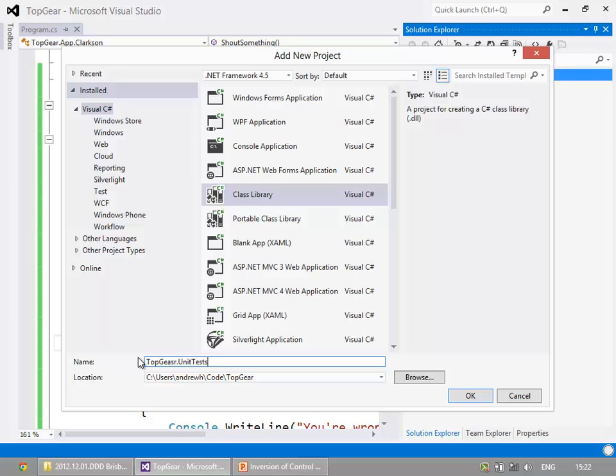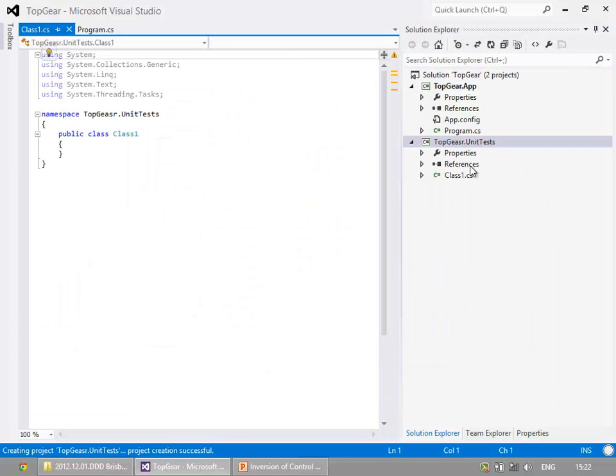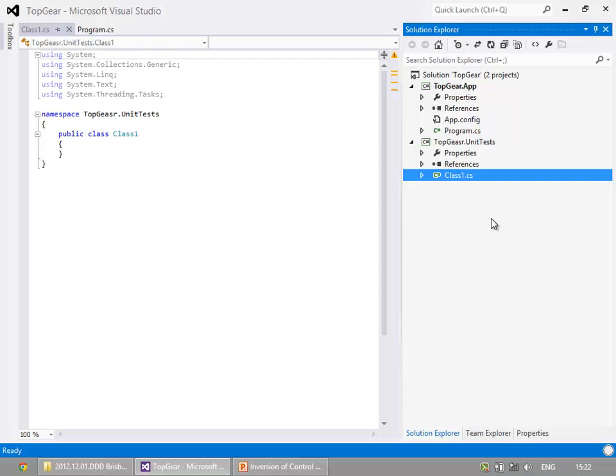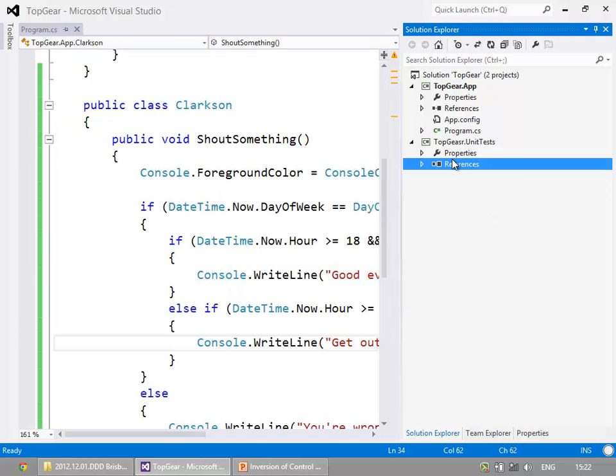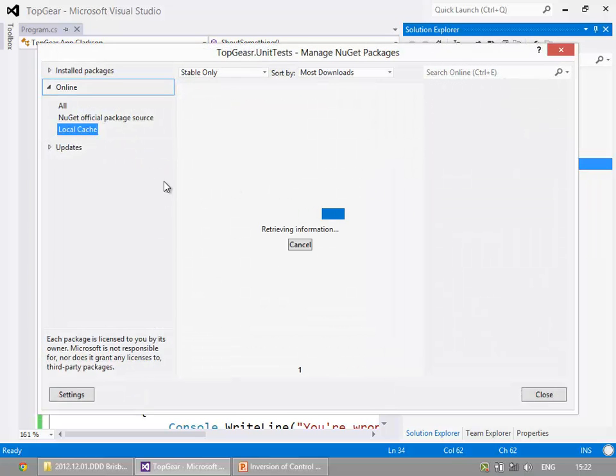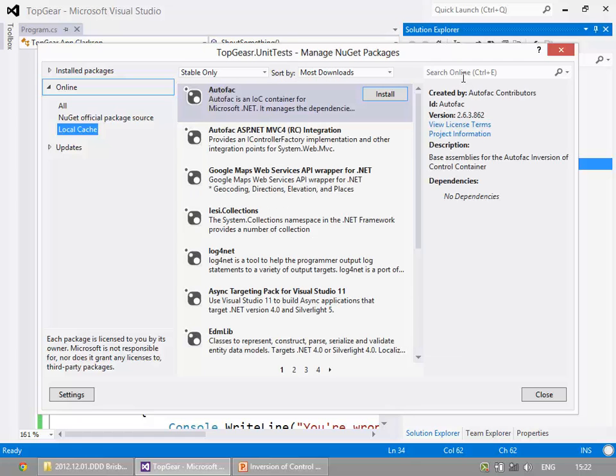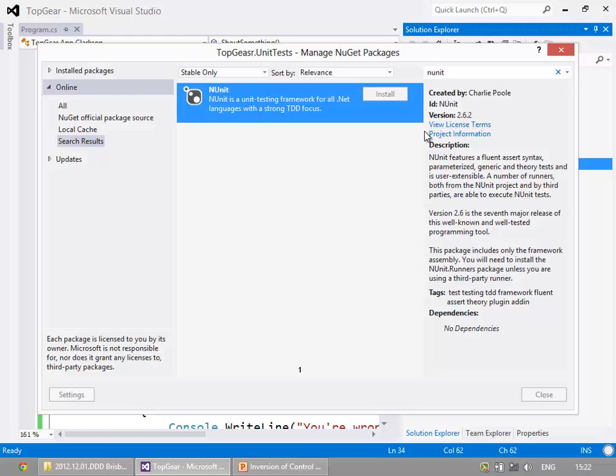That'll do. Boring, boring, boring. Cool. And if you ever use Class1.cs and don't rename it, you're doing it wrong. So let's just get rid of that. Okay, and I'm going to add a package reference and hopefully don't fail me NuGet cache. And xUnit will exist. Wonderful.